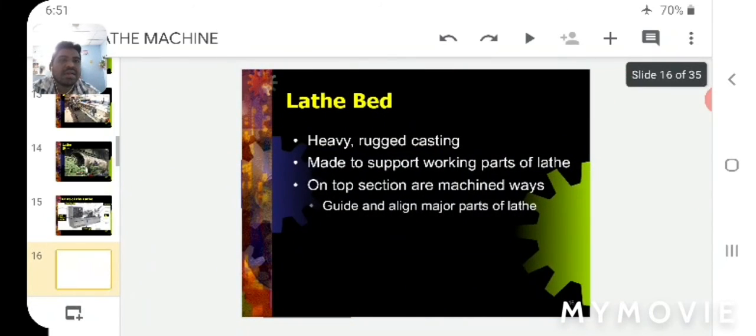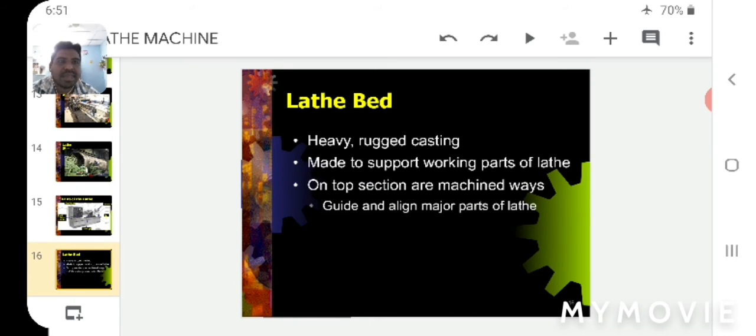Now we are going to see the lathe bed. The bed of a lathe should be made of a heavy material, by the process called casting, made to support the working parts of a lathe. It should be very robust in construction. Why? Because it has to absorb jerks, shocks, and vibrations.